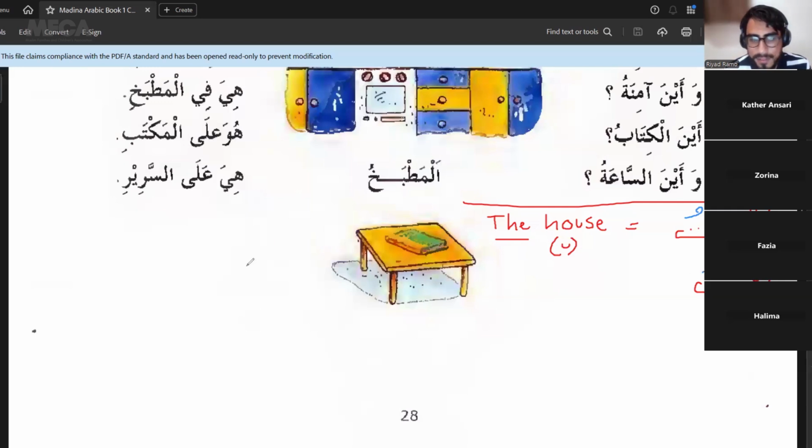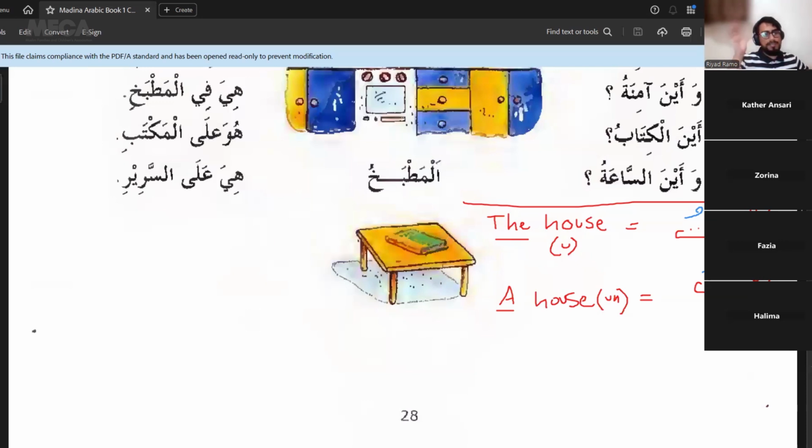Baytun. House. Okay. Baytun. The house. Al-Baytu. The house, a house, Baytun. Is that clear? Good. Now, when we add prepositions to the sentence, these blue that you see,